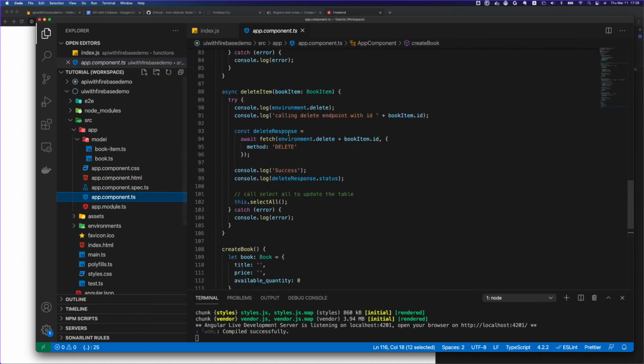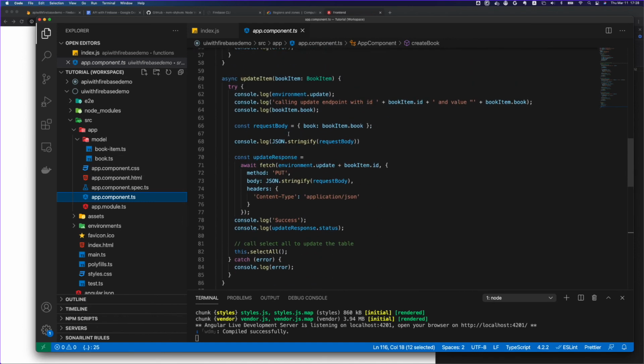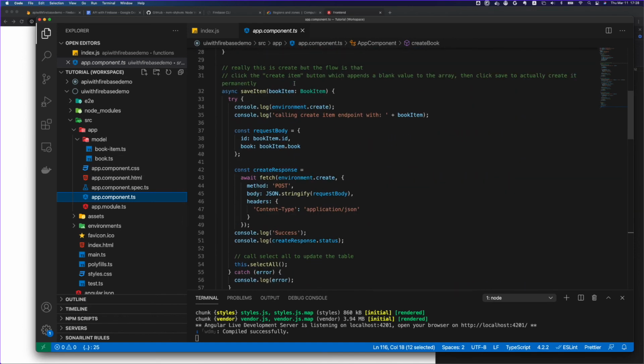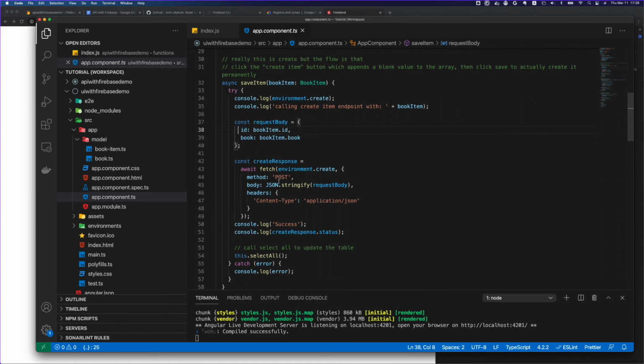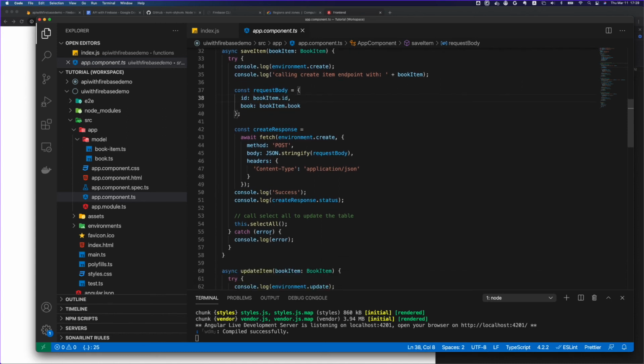While saving, my save function is called. Here I pass the book item, I get the values out of it, and I make the request body which is ID and book, and then I call the post method. So with this I will be able to save it.